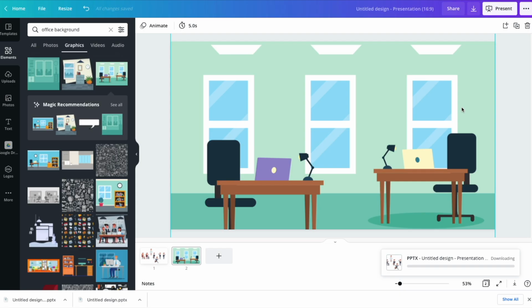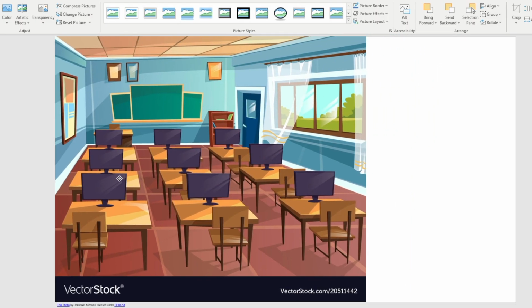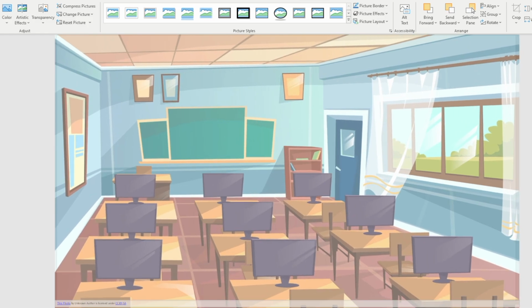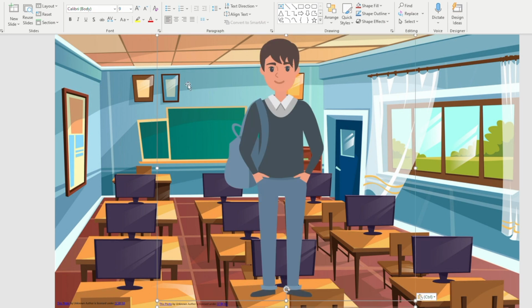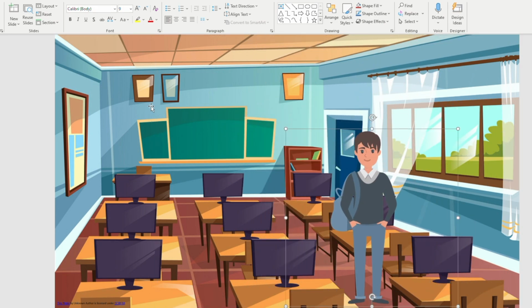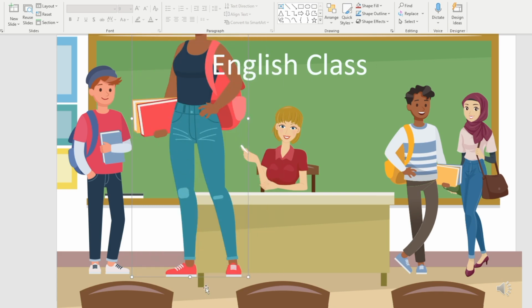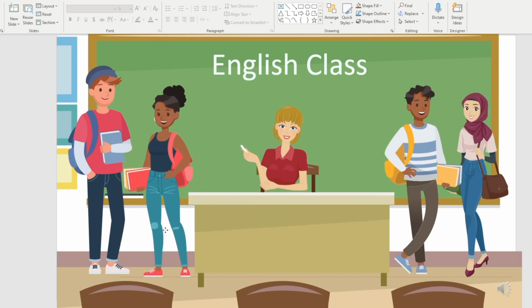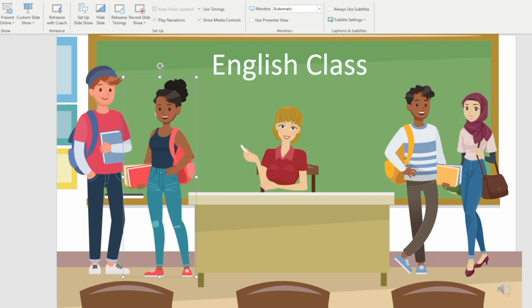Then download it. Now that we have our characters and our settings, our backgrounds, we want to layer them to show where we want them on each slide. If you got your images through PowerPoint itself, you can layer and place them, but be sure to resize your characters so they make sense with the dimensions you have. Of course, characters in the foreground are going to appear bigger, and characters in the background will appear smaller. If you used Canva, you'll get a PowerPoint file. You'll just need to copy your characters onto the appropriate slides.